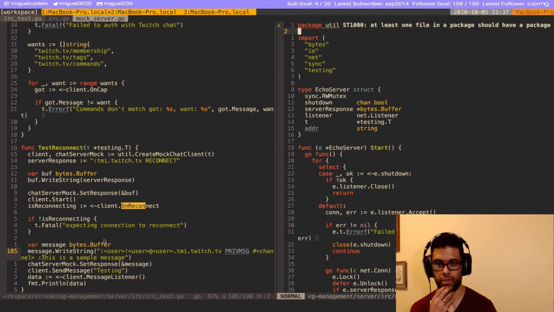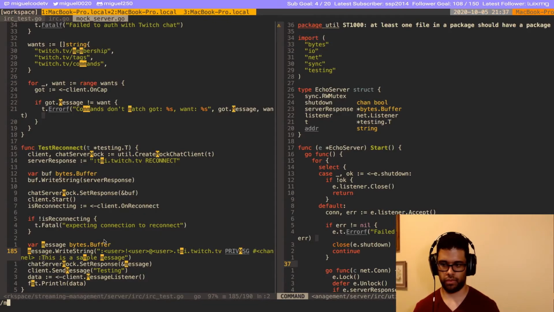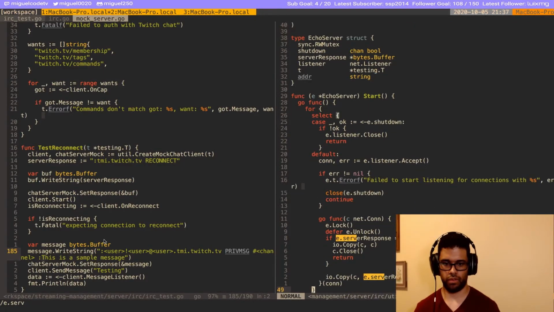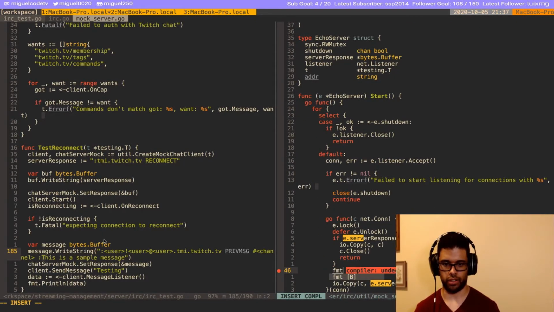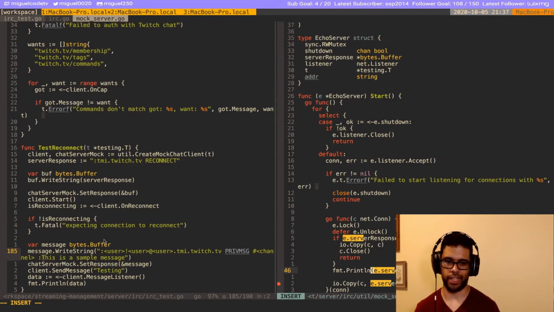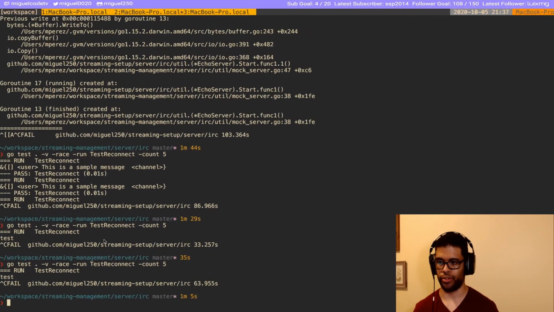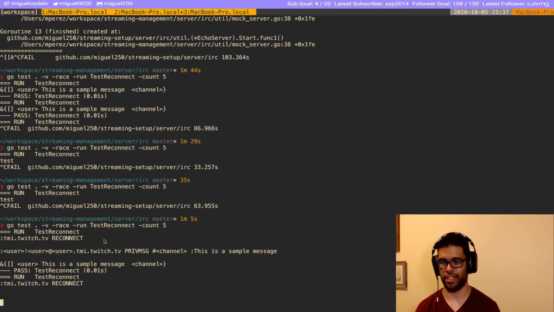Okay, so we have our Mac server. And let's see what is sending us back. So we are setting the response for our Mac server. So this server is the one that we are using for testing. It has some weird logic that we are using to be able to send and receive messages and make it seem like we're behaving like a Twitch client.